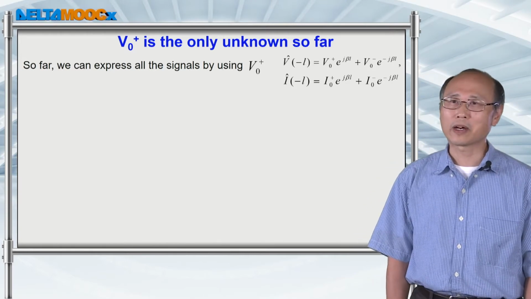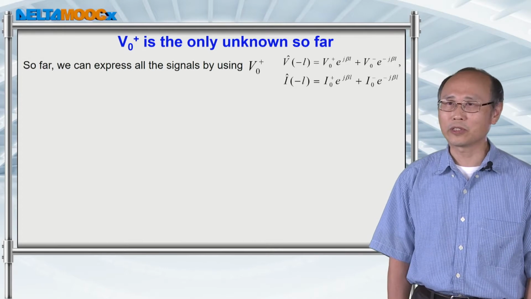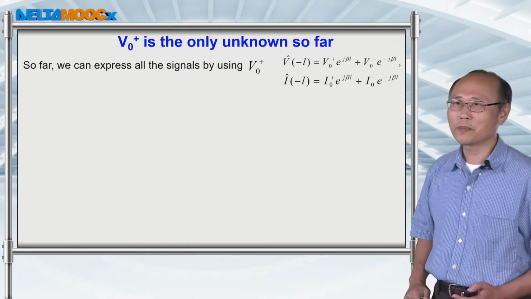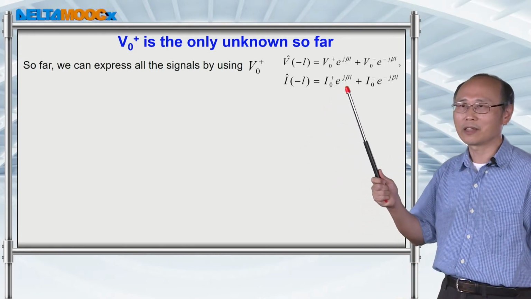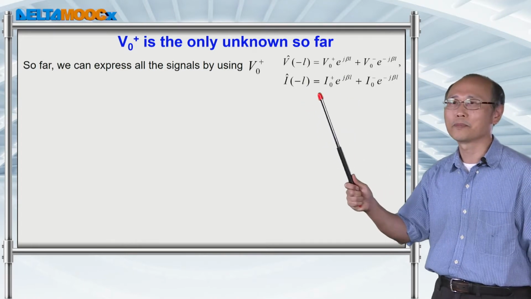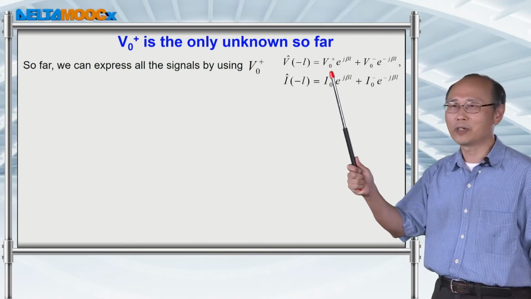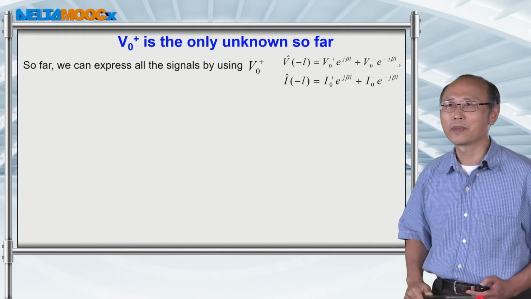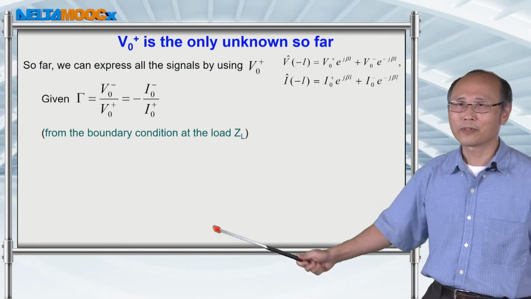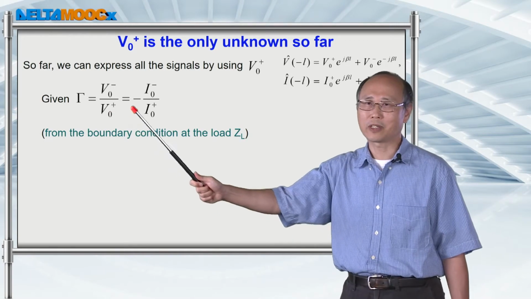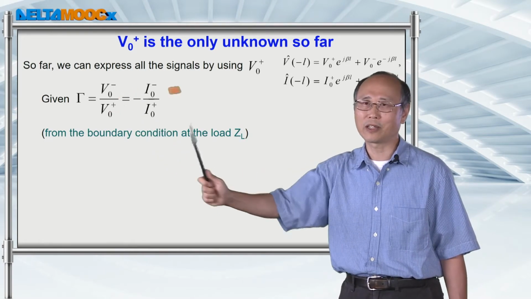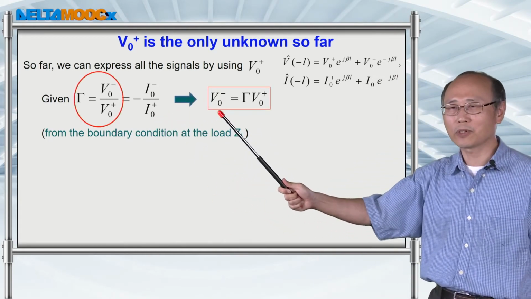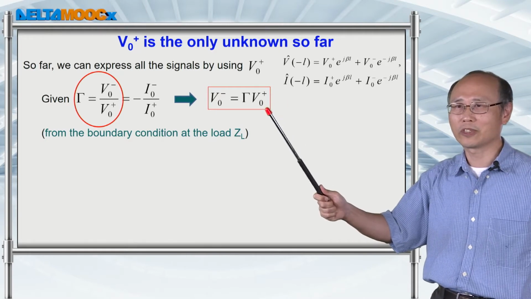The reason we talk about the full transmission line is that we are still missing one value for the forward voltage. Let me first tell you again the general solution for the voltage and current. For the general solution, you have a forward voltage, backward voltage, forward current, and backward current. It turns out that from the reflection coefficient expression, which is the reflected signal divided by the forward signal, you can, for example, express the backward voltage as a function of the forward voltage.